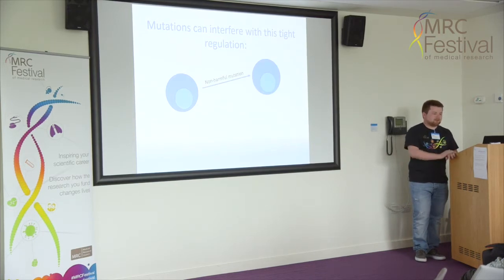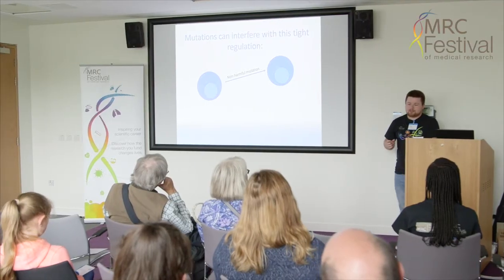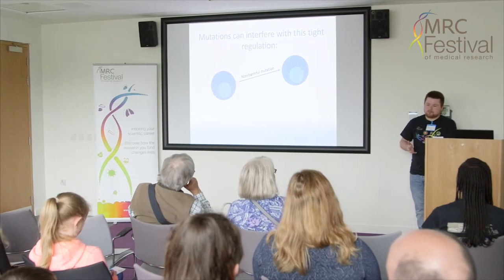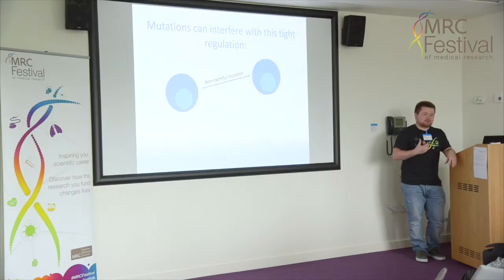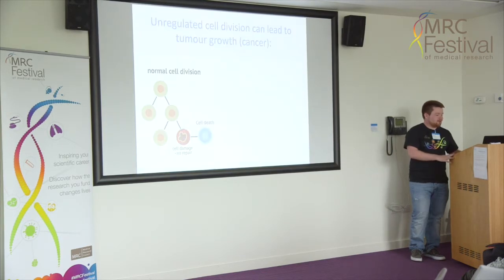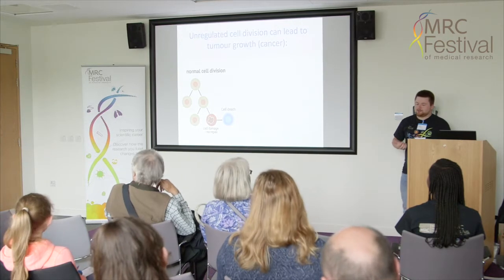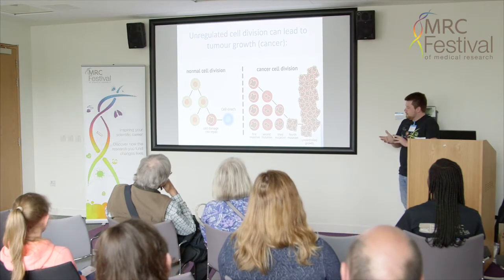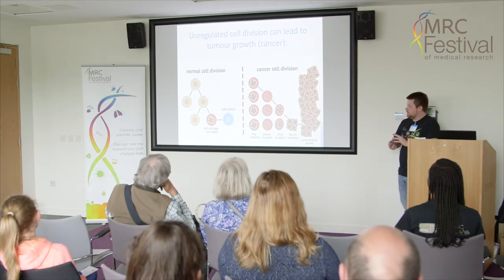So we heard about mutations from Teresa. So these are changes to the cellular DNA which makes the cell not like the normal healthy cell. But in this case, some mutations don't have any effect at all, and they're fine, there's no outcome. But in some cases, you can have a harmful mutation which changes what the cell is doing, what its role is in the body. So as I said before, usually these are picked up by the body and they're targeted for cell death. But in the context of cancer, what happens is these mutations progressively accumulate and you have uncontrolled